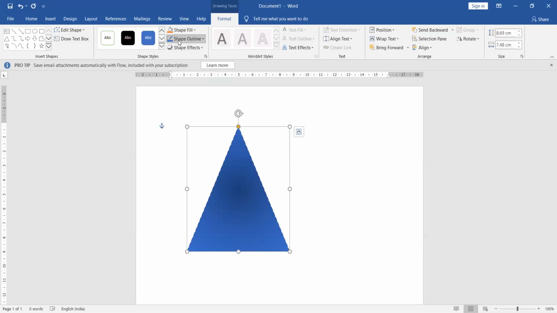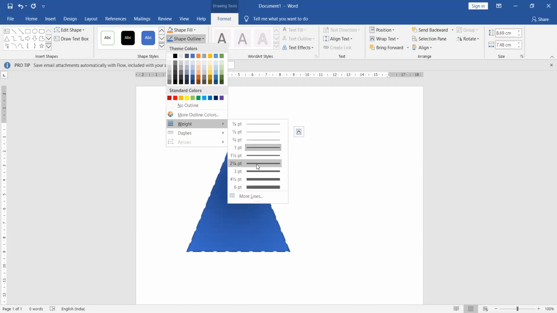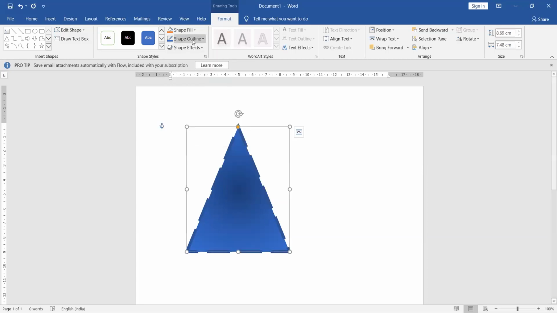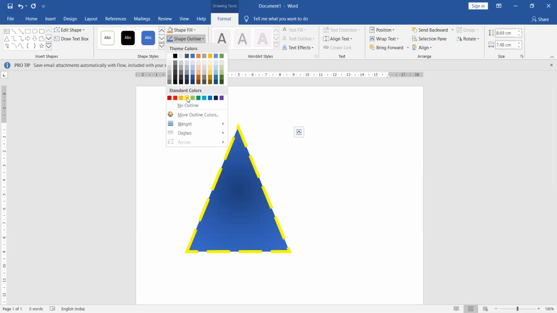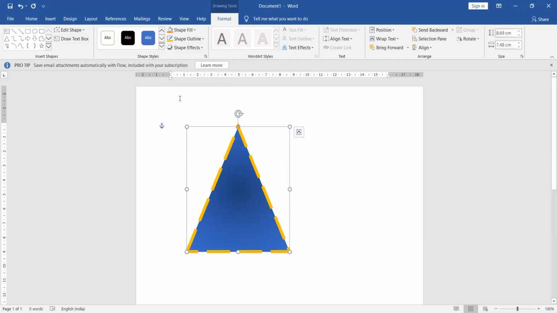Okay, now I can change the weight. Weight means the thickness of your border. Now in this it will be very clear, as you can see, and let me change the color also so that it becomes clearly visible. Now you can see this border, it's not the plain line, it's dashed, and that too long dashes are there. Okay, so this setting you can change in order to make it more appealing.